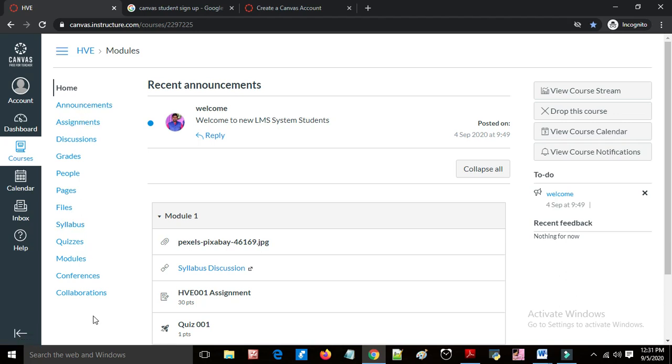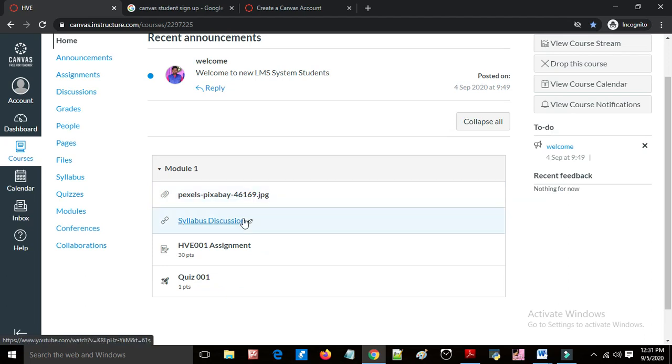Here I will show the assignments. There is an assignments tab, and a discussion tab. Any discussion with the instructor you can do there, you can put your threads, and whatever grades there are you can see. I will show them one by one. In the announcements, whatever announcements the instructor makes will be shown here.